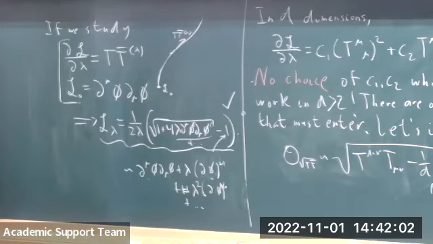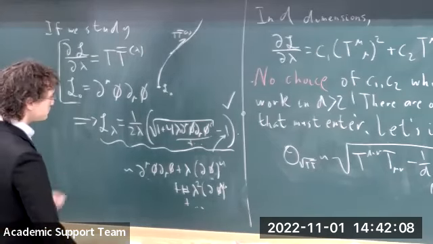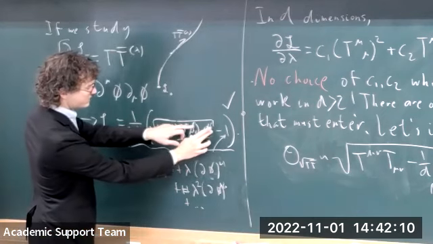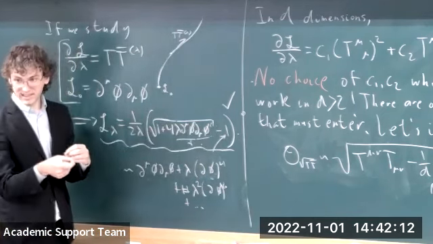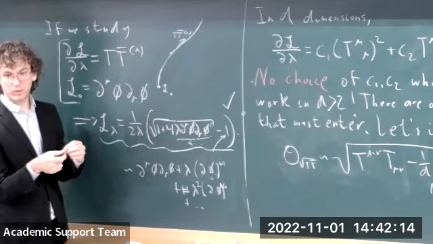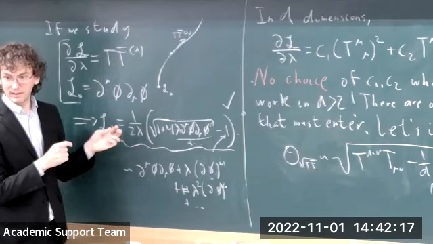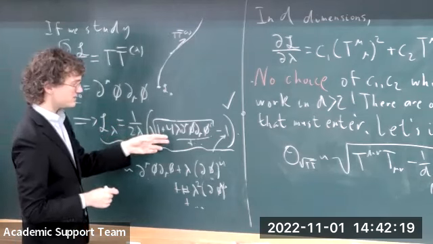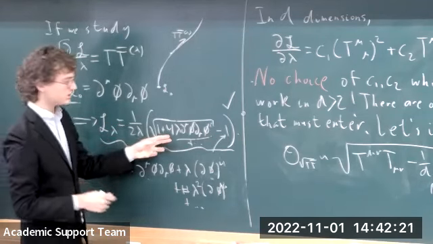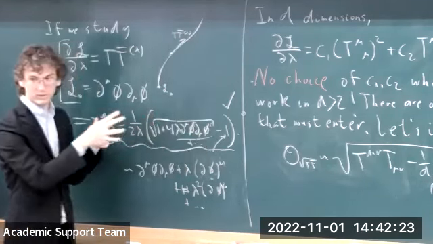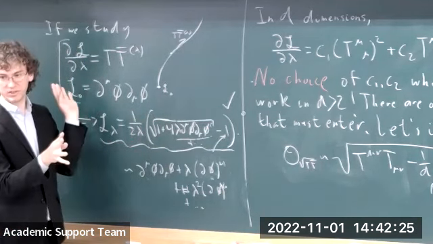So could you say why is it a string in 3 target space dimensions? The mu's are 1 and 2, right? I thought the mu's are like worldsheet dimensions. The mu's are 1 and 2. The i's run from 1 up to d, where the target space dimension, since we're in static gauge, is d plus 2. Right. So if you wanted to generate, say, a 10-dimensional or 26-dimensional string action, you would put i indices on this and let the i's run over however many you need. But I've suppressed the i's and just done a 3-dimensional one.